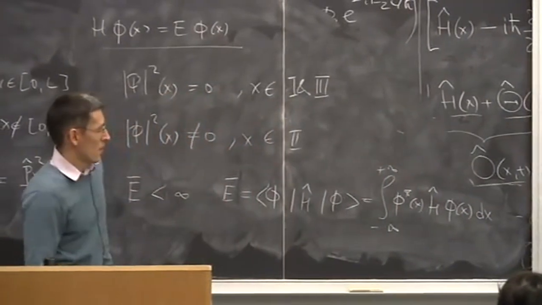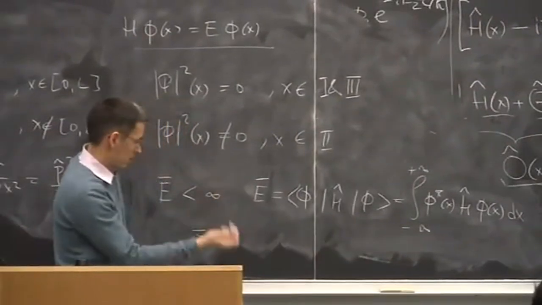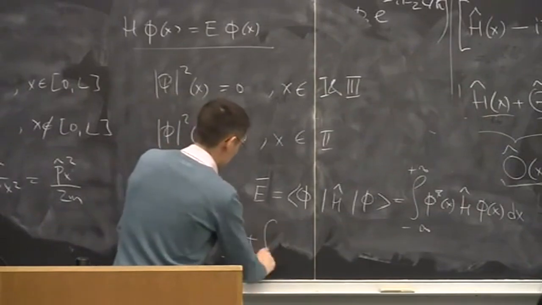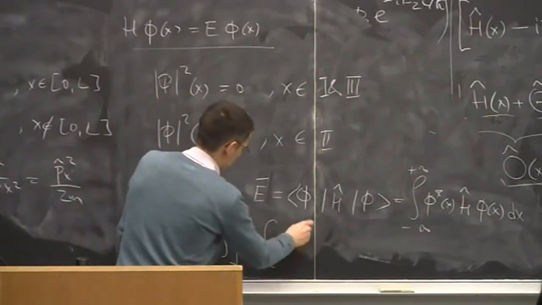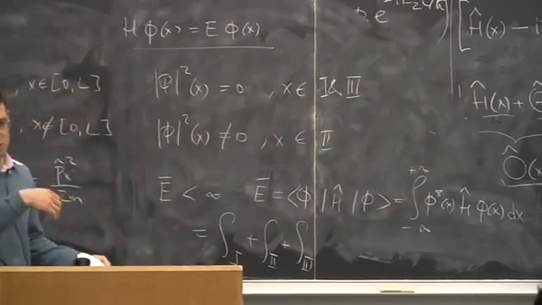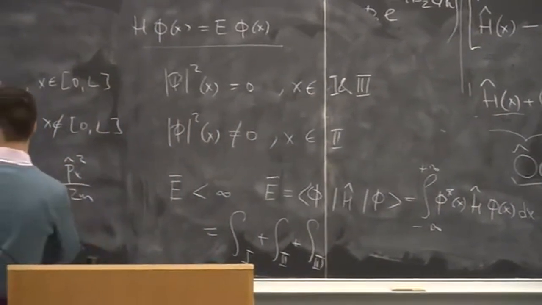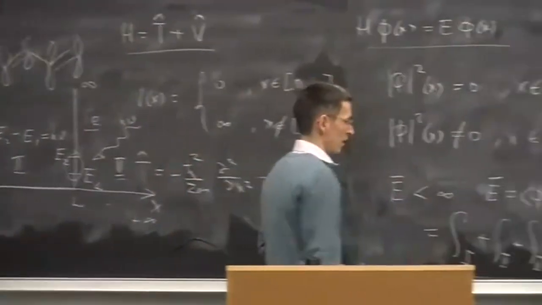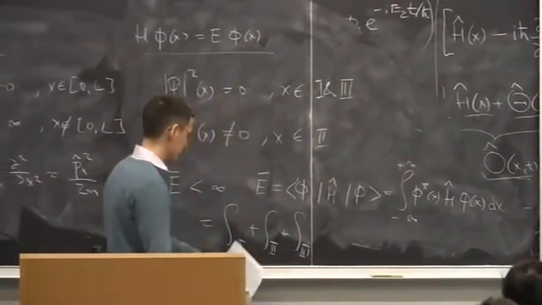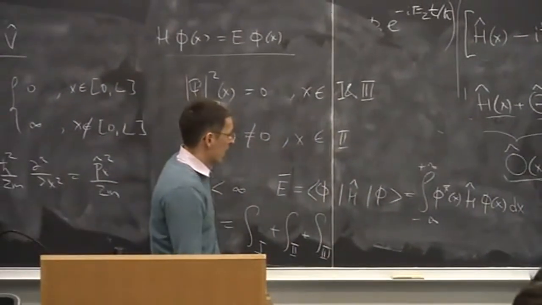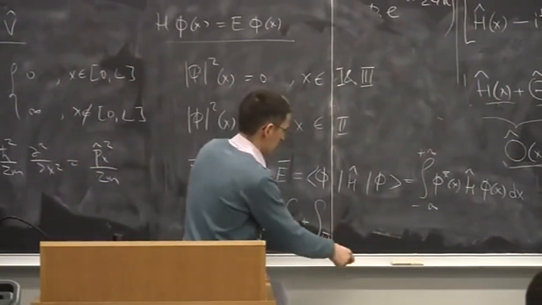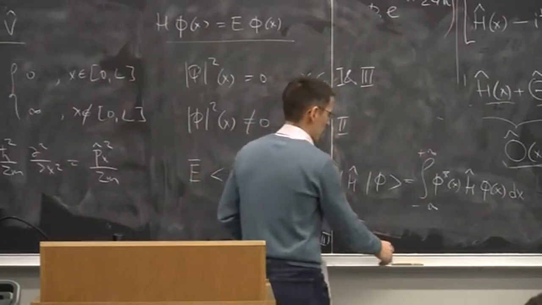Right? And so this integral you can split into the integral over the first region plus the integral over the second region plus the integral over the third region, right? Because simply these regions are from minus infinity to plus infinity, and the integral is additive. All right. Now, if we consider